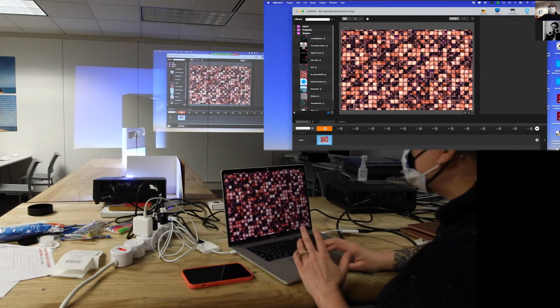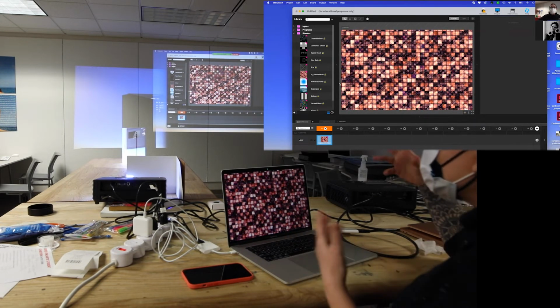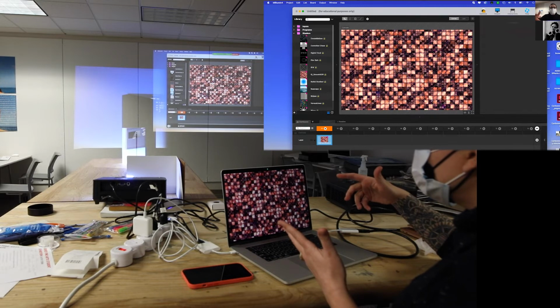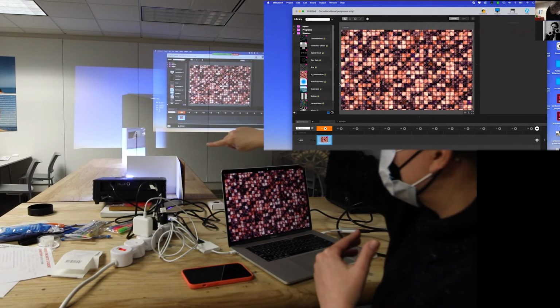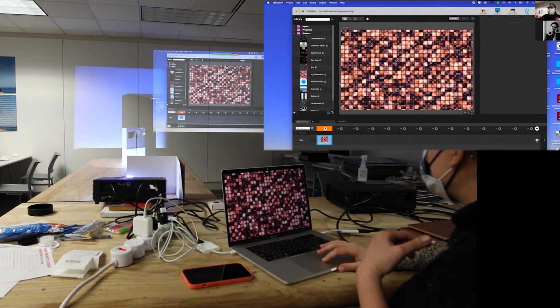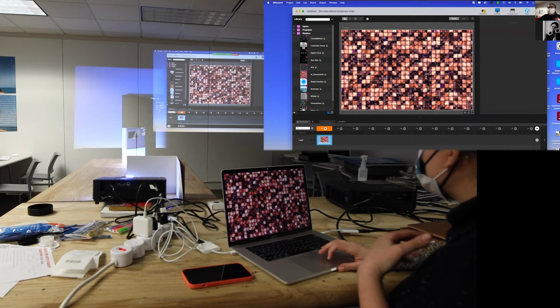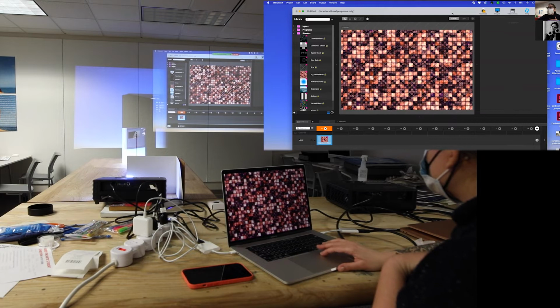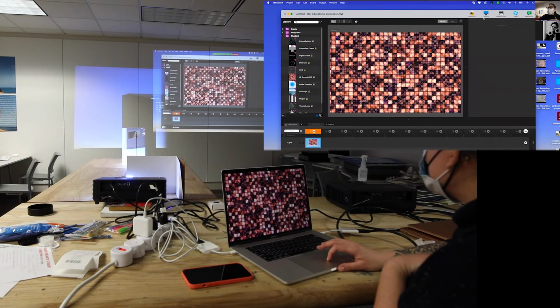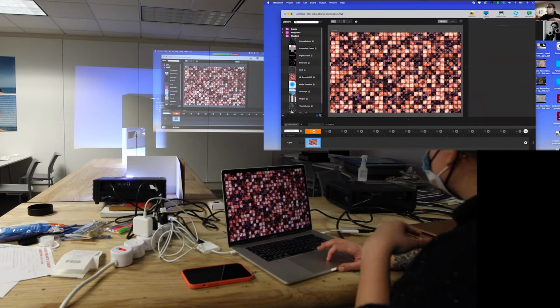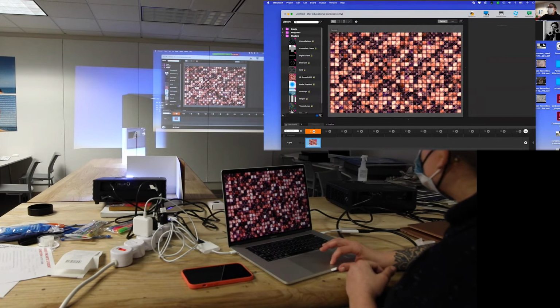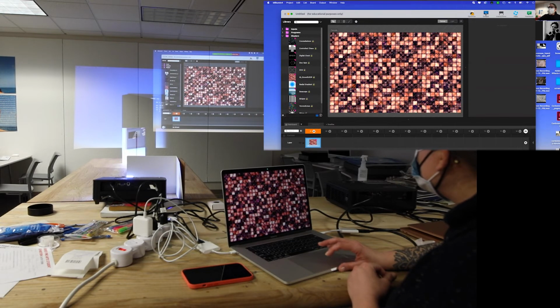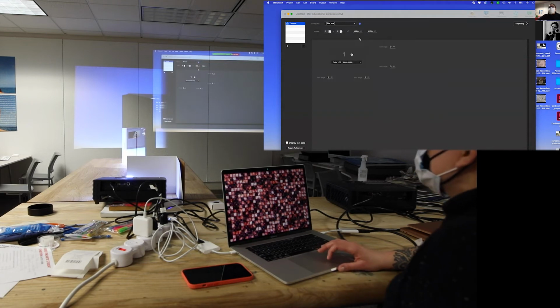So now what I want to do is I have the content in Lumen. I want to send it out through this external display. And so I have to set up that display. And where is my output? There we go. Things are a little bit located in different places in the new version. So up here you can see output. And if I click that,